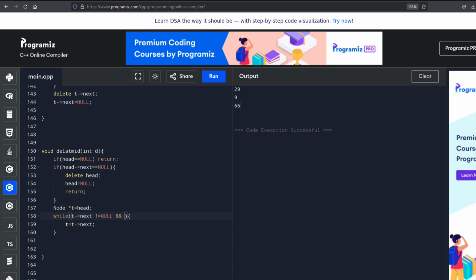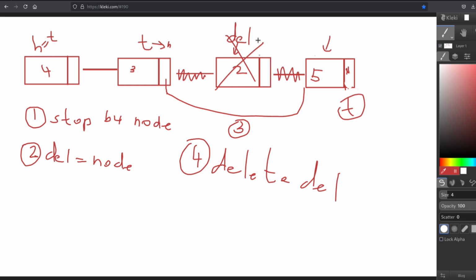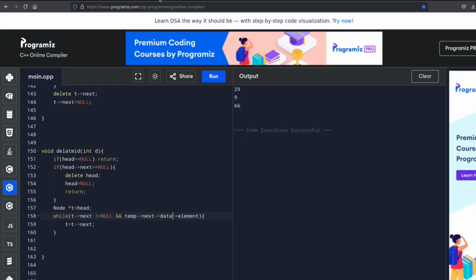Okay, then the next one checks if, let me just write it for you, t.next.next is not equal to the element. Okay, then you also want to exit the loop. Actually, this should have been t.data, sorry. T.next.data, meaning your t is right over here in the second last node, and you're going to the next node, which is the last node, and you're checking its data. If that data is equal to the data in your parameter right over here. Okay, if it's not equal, it means that your data doesn't exist,